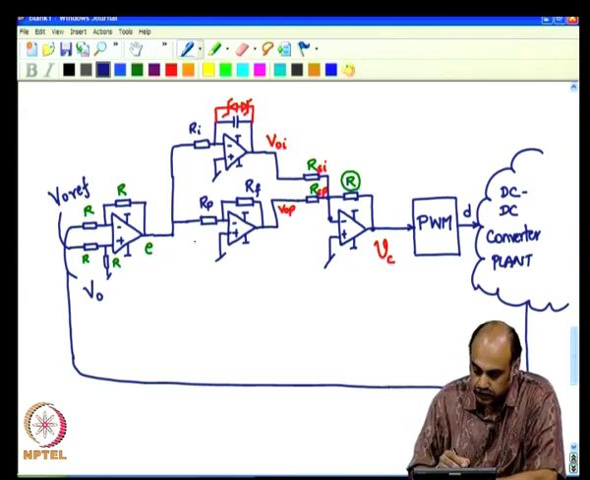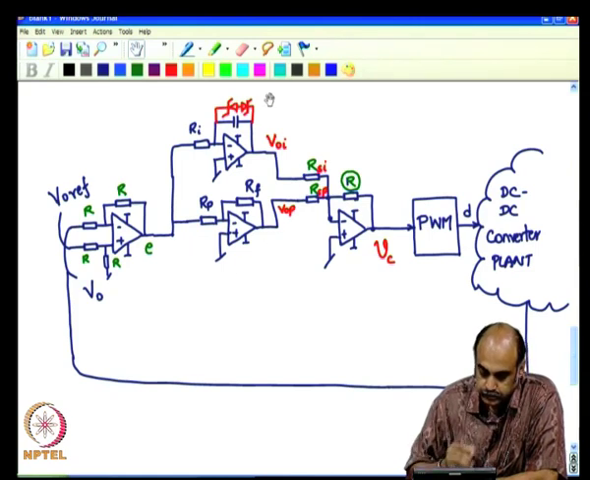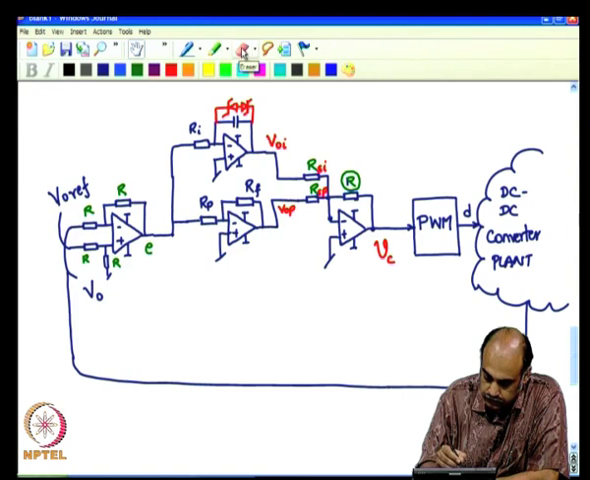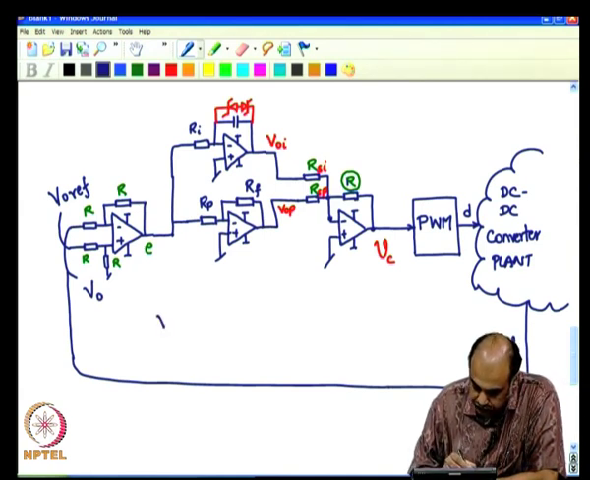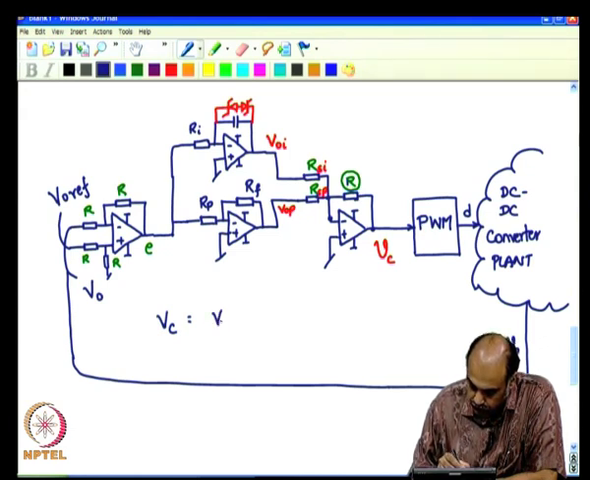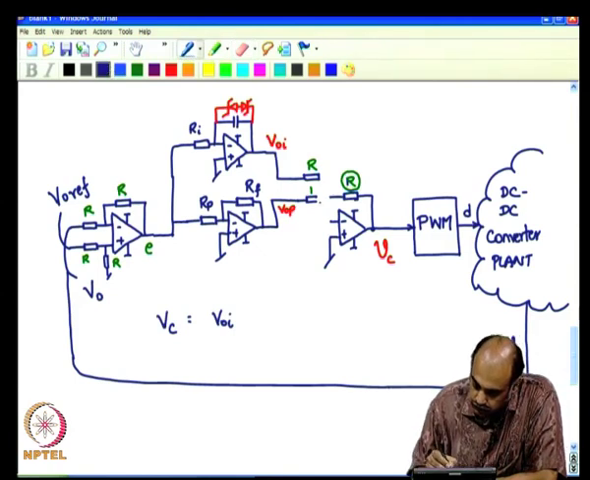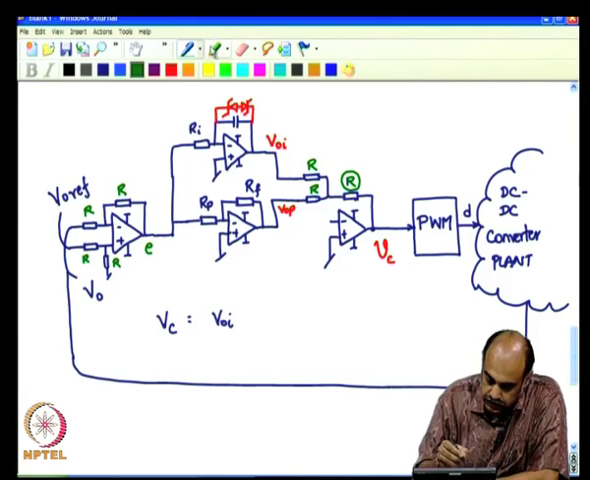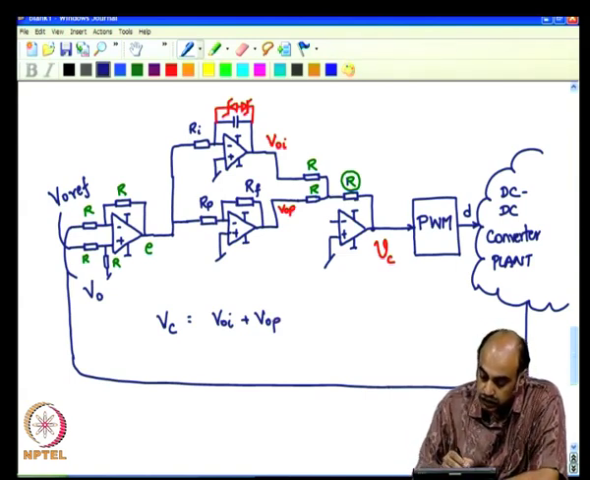Now, look at these two parts. What is the transfer function? The transfer function of VC is nothing but V naught I, and to keep things simple, let us keep these R value gains, the summing gains, unity, so that we can just say that plus VOP, and which is nothing but,